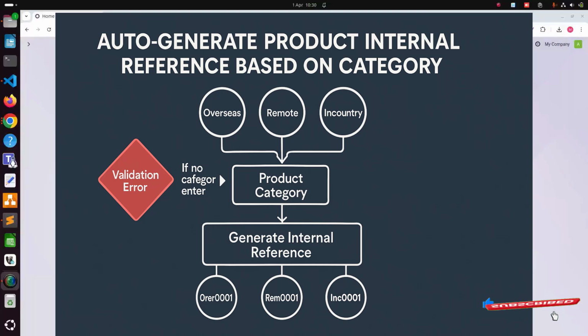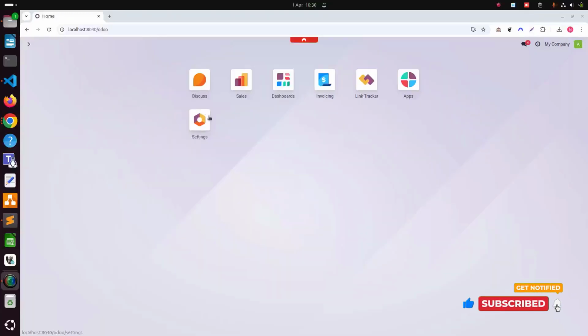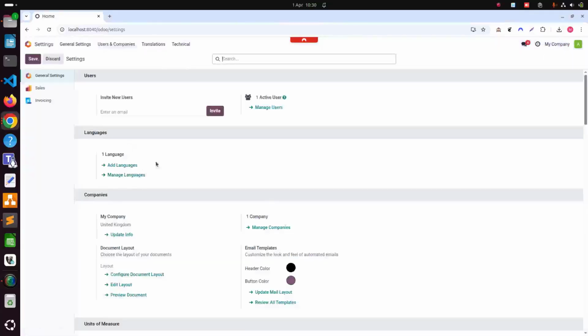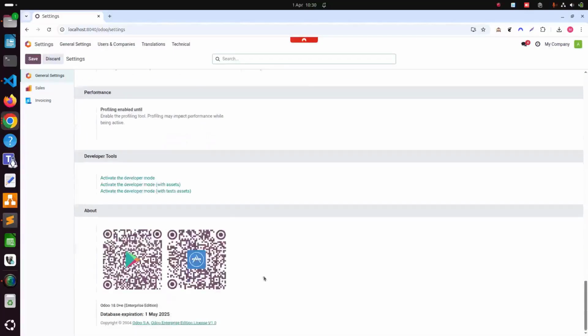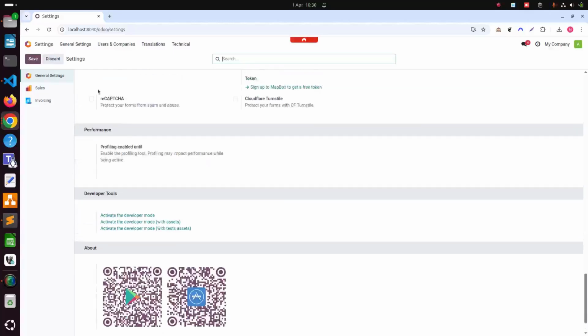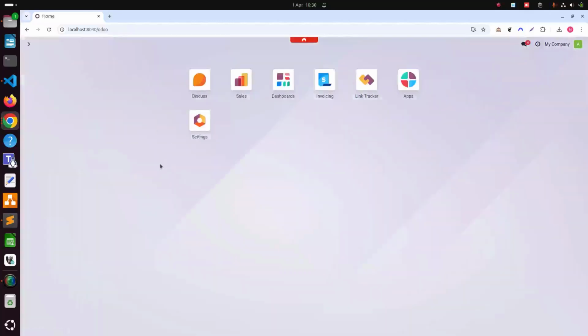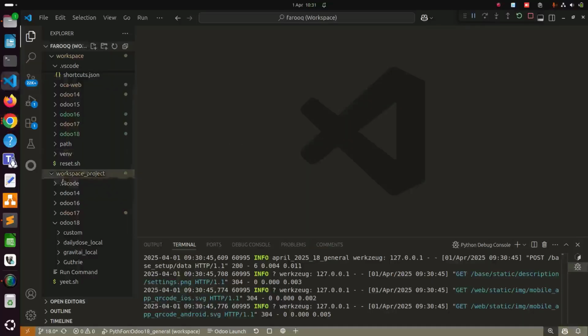As you can see, we are using Odoo 18. Let me just go in settings. And you can see we are using Odoo 18 Enterprise Edition. It doesn't matter if you're using a community edition or enterprise because the product module is in both editions. And if I go back in Visual Studio Code, as you can see, the famous custom folder, which has